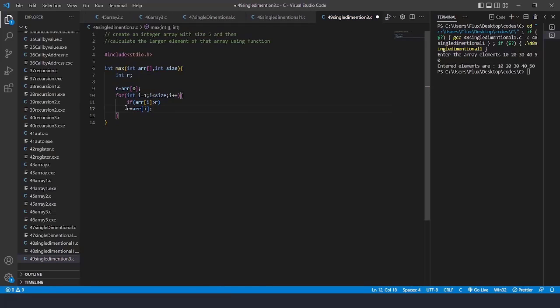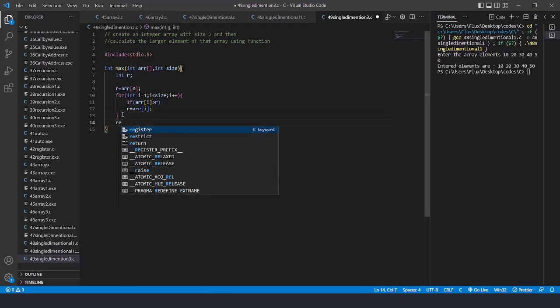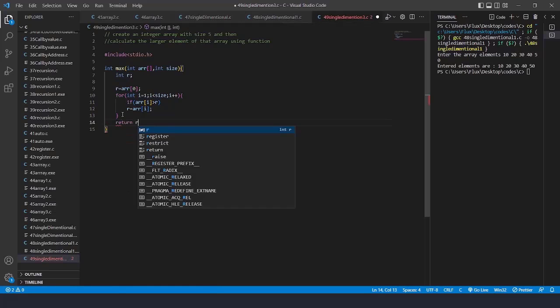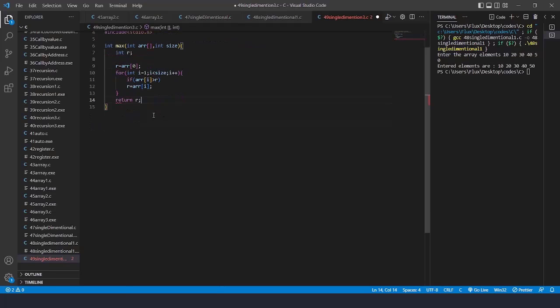After that, we wrote an if statement: if array of i is greater than r. If it is not, then array of 0 is the greatest element, right? If array of i is greater than r, then we'll replace r with the array of i value. So this is how we find the greatest element, and at the last we'll return the value r. Here we are getting r as the maximum value, right? This is what we are getting from it. We'll return r. So I'll write the main function now, int main, and in this main function